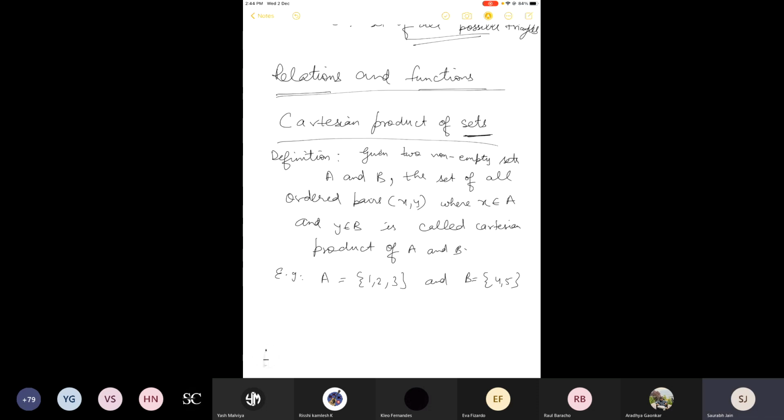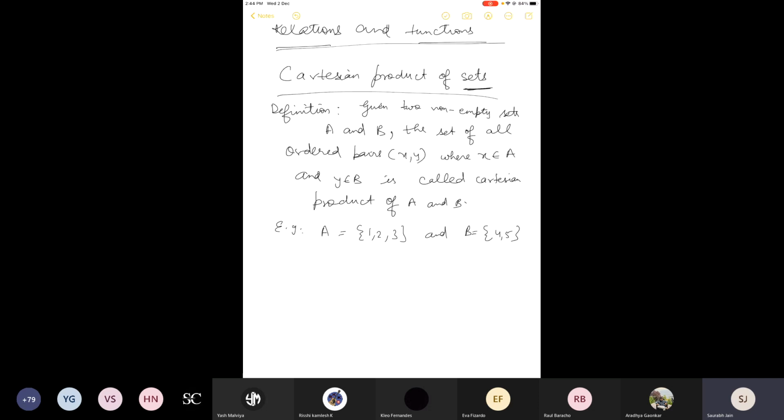Okay, suppose we have these two sets A and B, and we have to write the Cartesian product of A and B. So how to write this Cartesian product? Cartesian product of A and B is given by